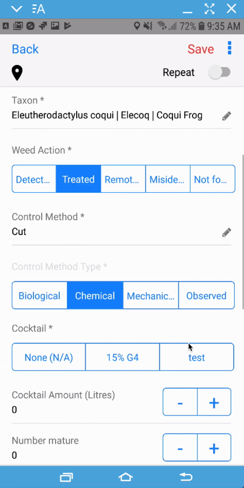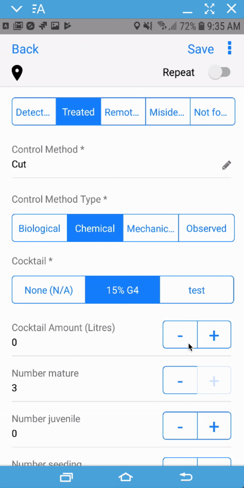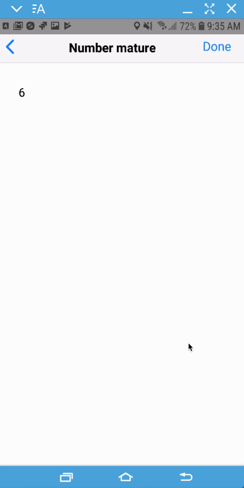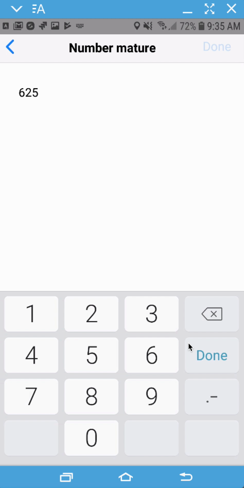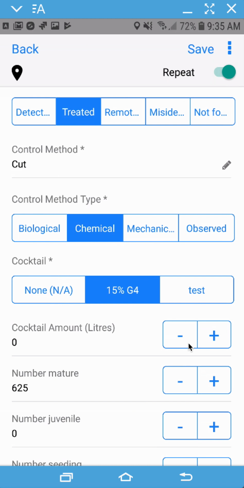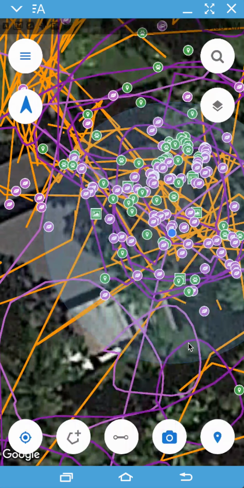I cut up a bunch of coqui frogs. So I'm going to change my number mature. You can also click on the number pad here and enter. And I'm going to change this to repeat, and I'm going to save. Now I'm going to go back, and you'll see the next time I take a point,